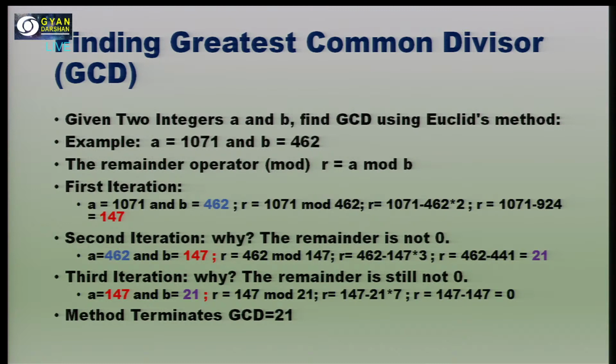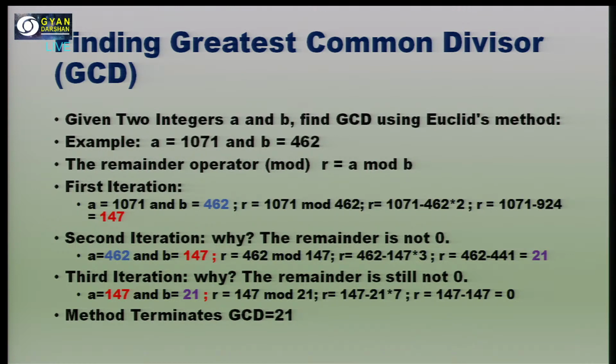Euclid developed a very good method for computing the greatest common divisor of two numbers. First of all, let's understand the process. Take an example: given two integers a and b, our objective is to find the GCD